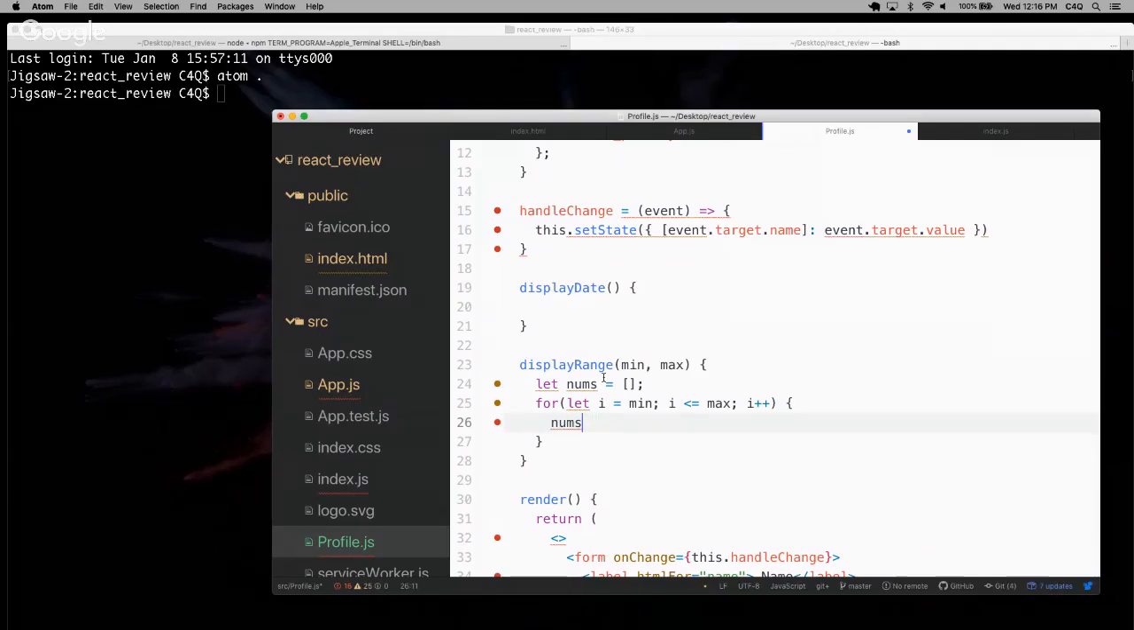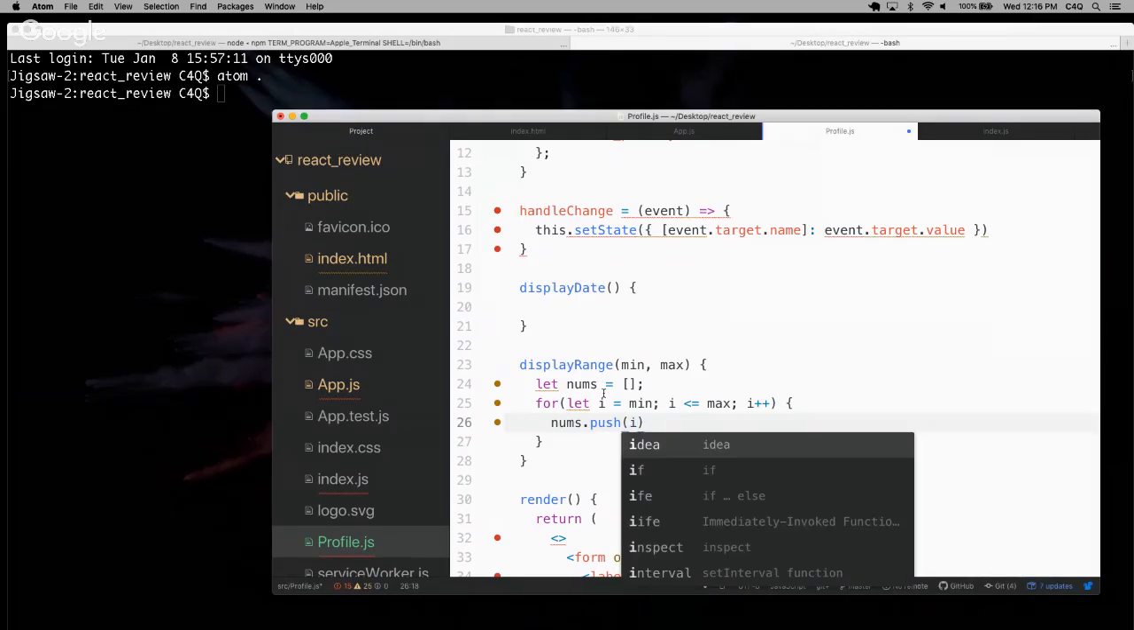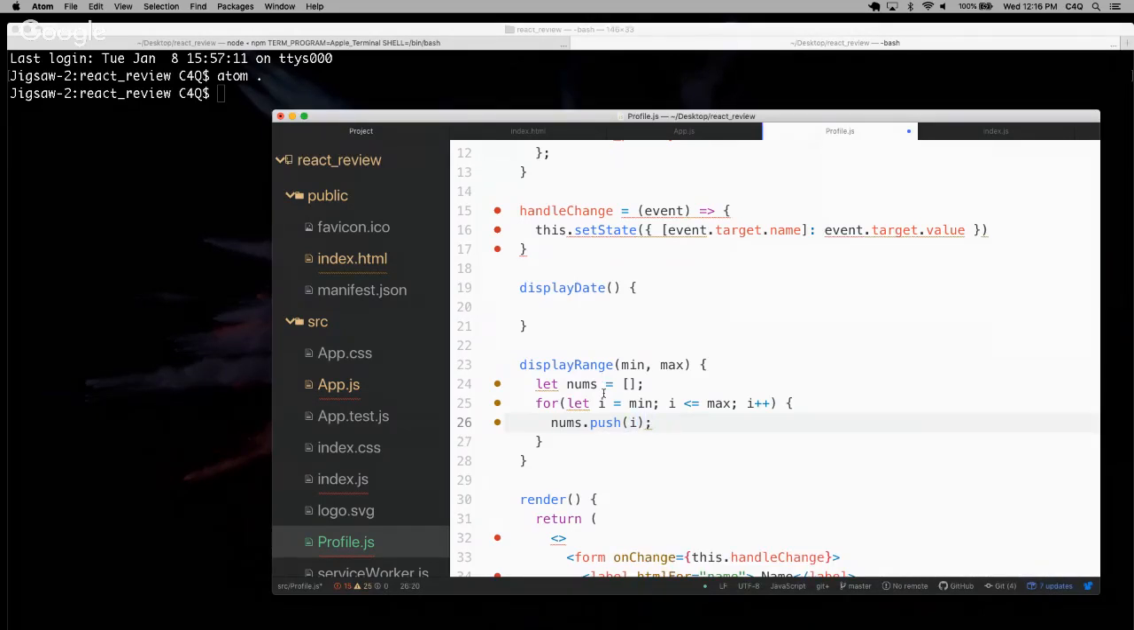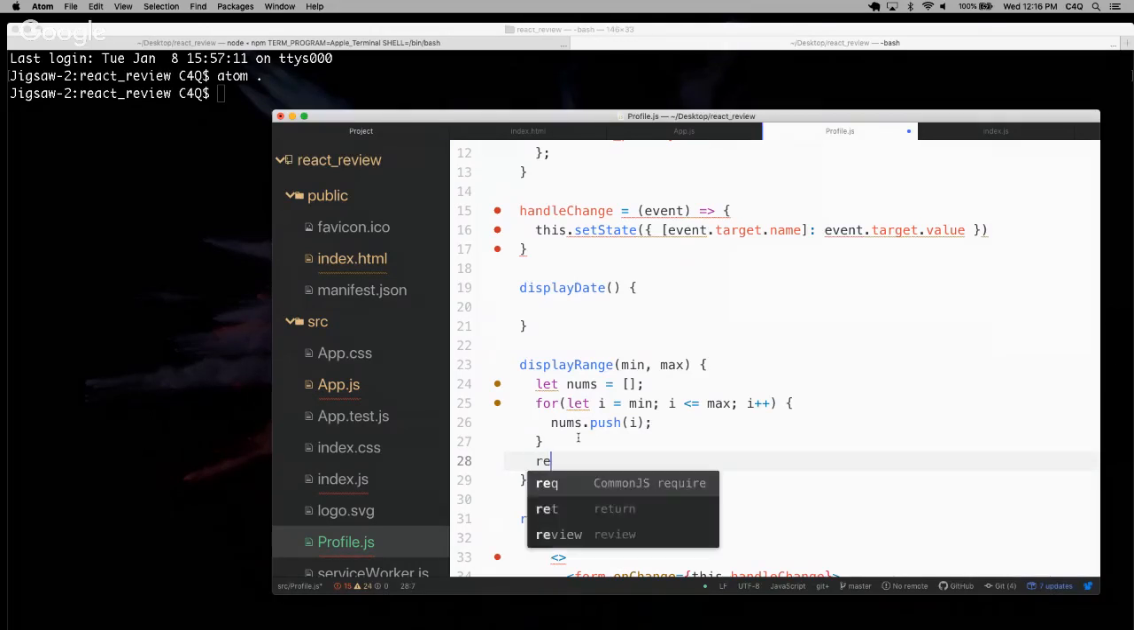Okay, so now we'll just nums. How do I add something into an array? Okay. Push. What do I want to add? I. Cool. That's all that is. And now we need to return this options tag, right? So we can say return